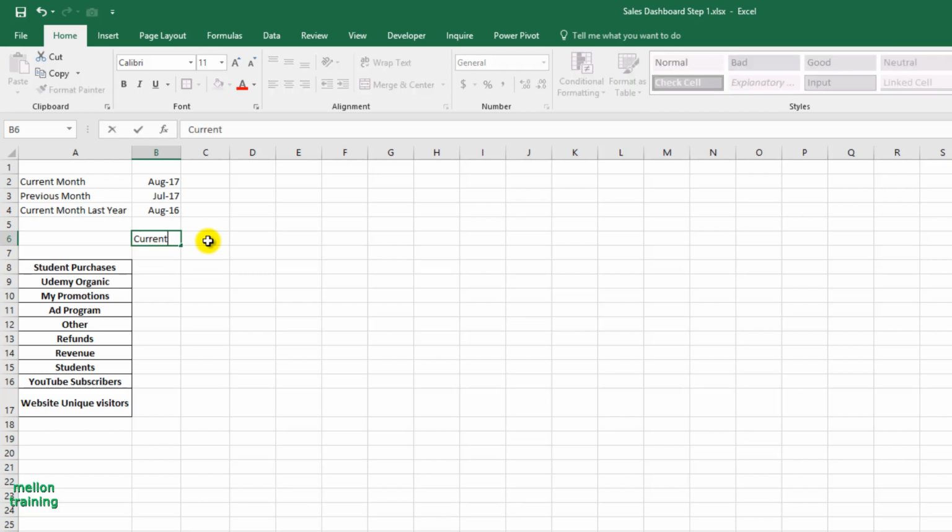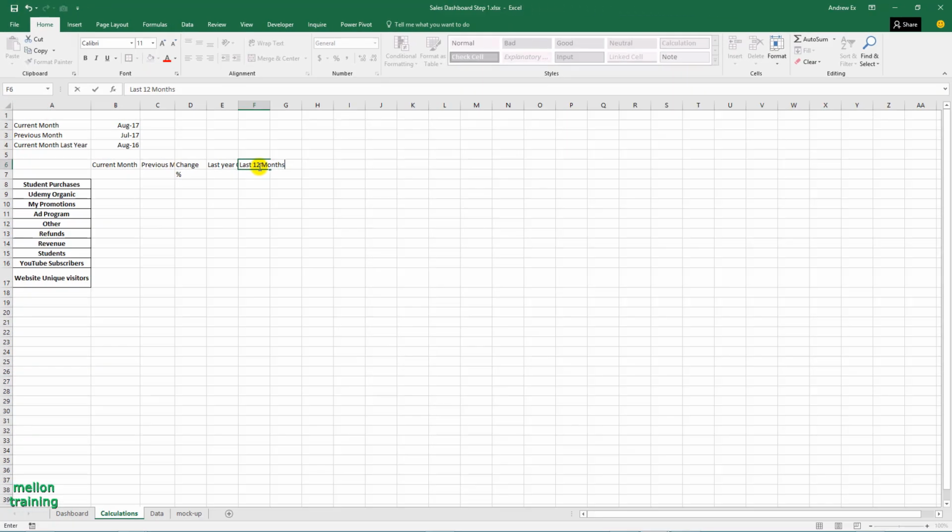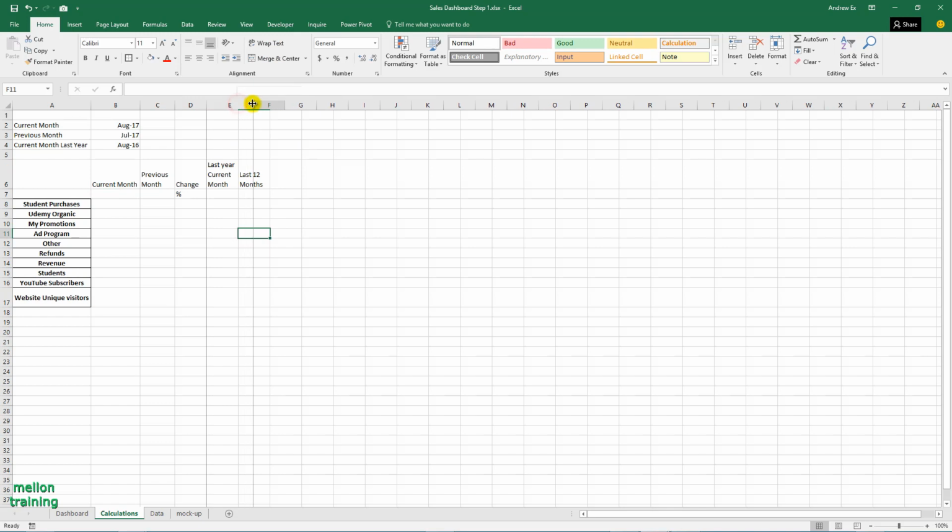Current month, previous month, change percentage, last year current month, and the total of last 12 months. Highlight them and wrap the text. Also align the text.